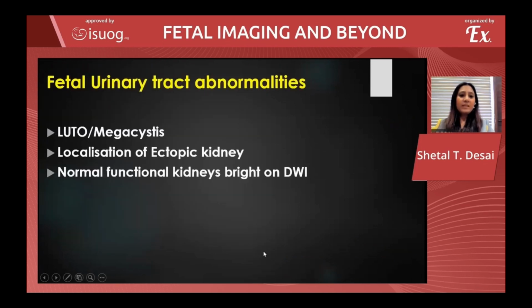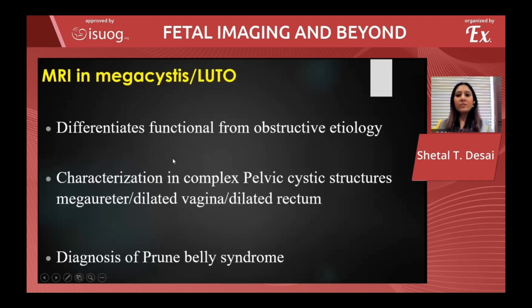Fetal urinary tract abnormalities. Diffusion weighted can be used for identifying an ectopic kidney anywhere in the abdomen or pelvis if it is not seen in its normal location. And even the renal function can be assessed using diffusion weighted when you see a small dysplastic kidney on ultrasound. MRI plays an important role in differentiating functional from obstructive etiology in megacystis, differentiating a megaureter from other complex pelvic structures, and diagnosis of a